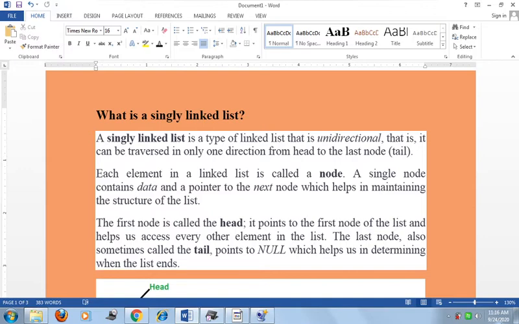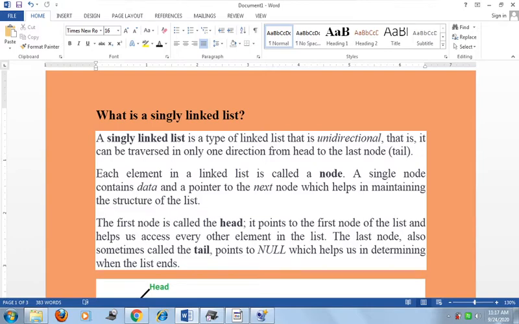A linked list, or a one-way list, is a linear collection of data elements called nodes, where the linear order is given by means of a pointer. Each node is divided into two parts. We discussed this in the previous lecture. The first part contains the information of the element, and the second part, called the link field or the next pointer field, contains the address of the next node in the list.